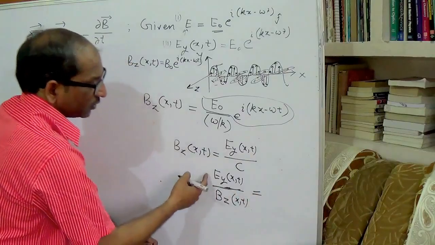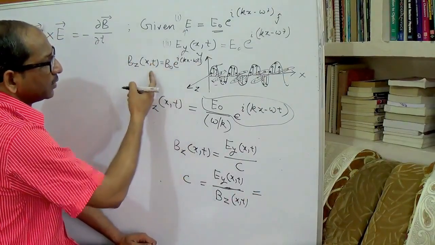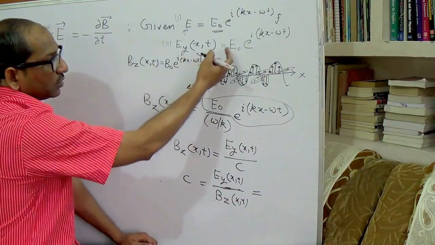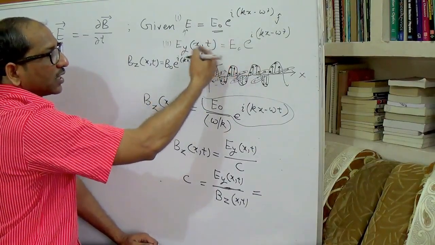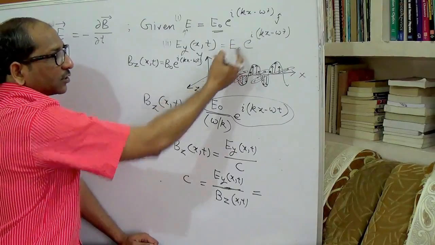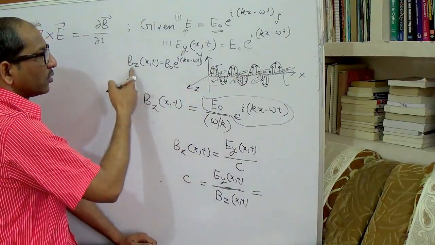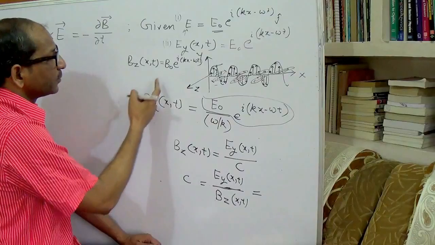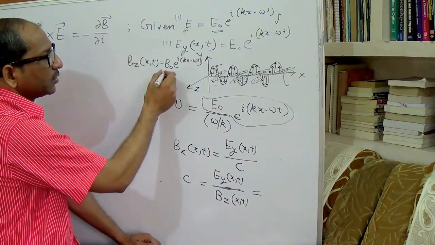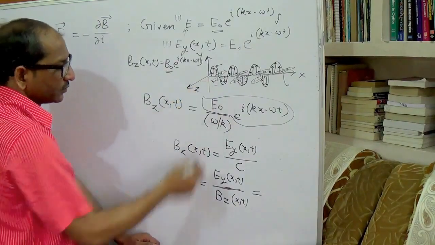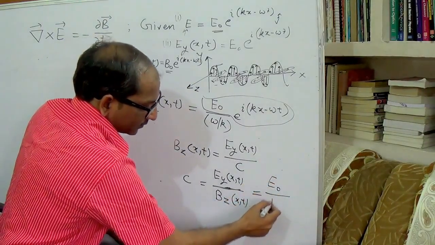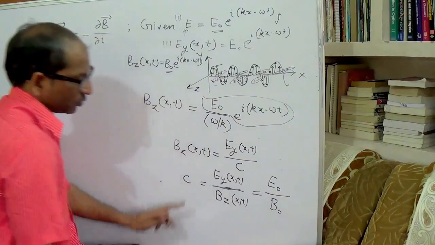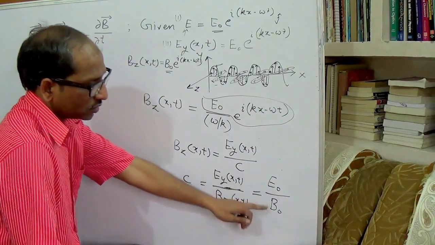When I put in the values of Ey and Bz here, Ey is equal to E naught, that is the amplitude of this electric field wave, times this exponential term, and similarly for the magnetic field component, this is B naught, the amplitude of the magnetic field wave. So after putting in the values, I am getting this result: c is equal to E naught upon B naught,